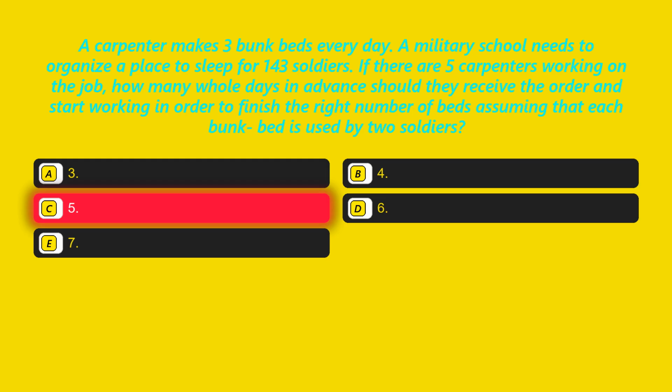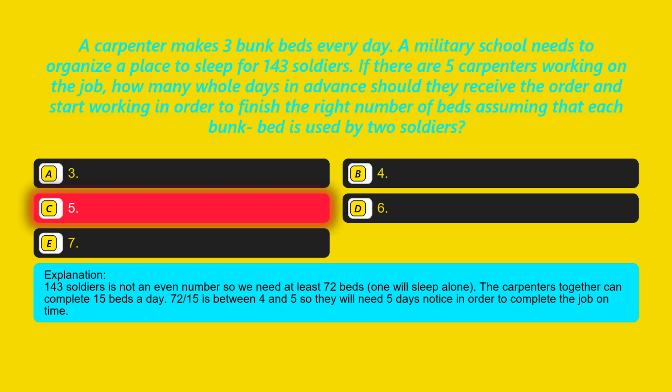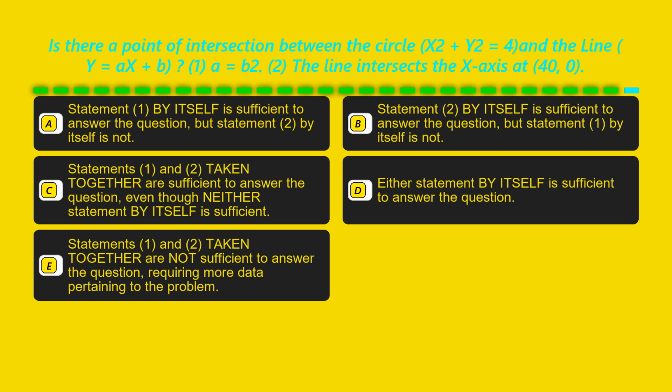The correct answer is option C, 5. 143 soldiers is not an even number, so we need at least 72 beds. 1 will sleep alone. The carpenters together can complete 15 beds a day. 72/15 is between 4 and 5, so they will need 5 days' notice in order to complete the job on time. Question 11. Is there a point of intersection between the circle, x² plus y² equals 4, and the line,